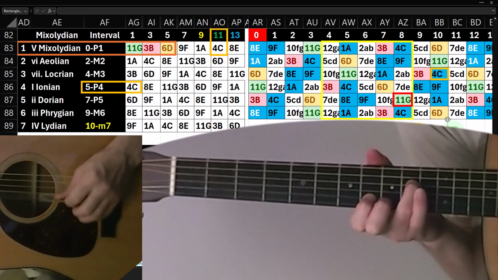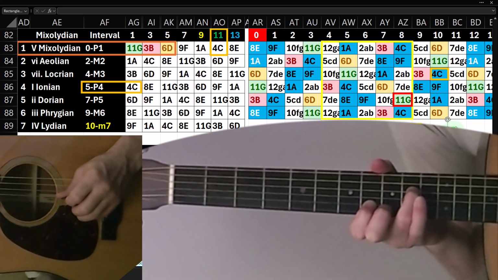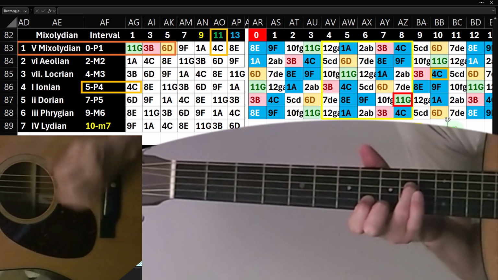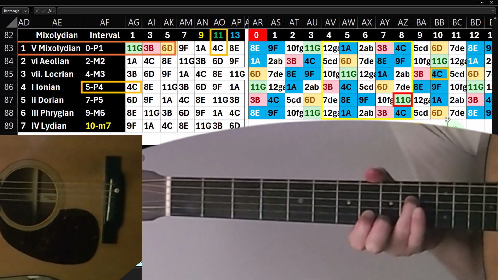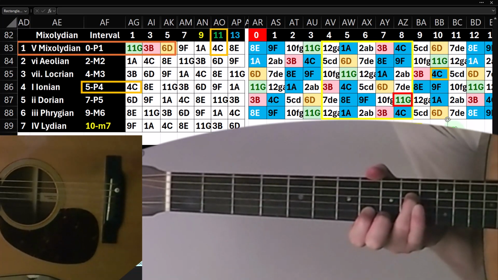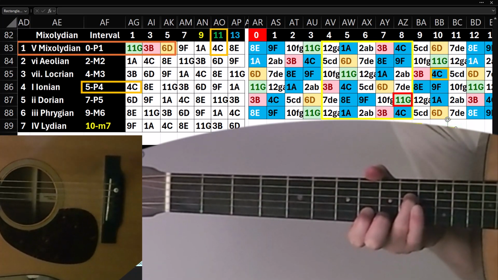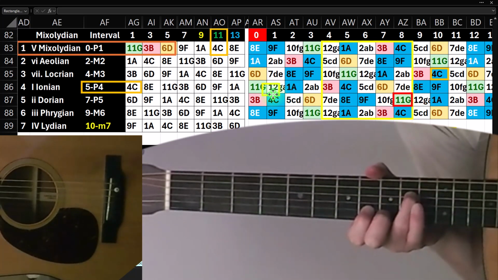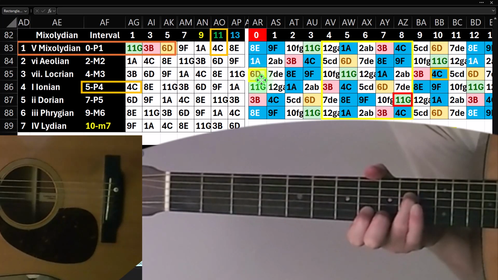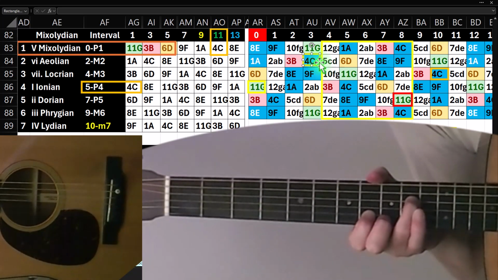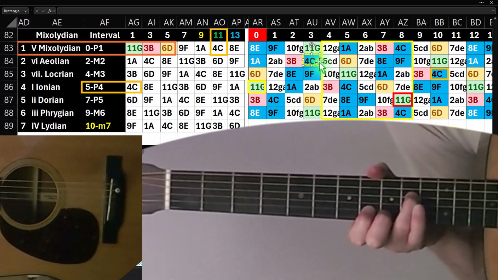So top to bottom would be a 7-note away, which would be a perfect fifth. Bottom to top, therefore, would be a 5-note away perfect fourth. So if I go up 2 strings, the 5-note away perfect fourth will be 2 frets forward unless I cross the fault line. I wouldn't cross the fault line if I was on either the G or the D string. So if I was on this G string and I went up 2 strings, it would be here. So the rule is, if I go up 2 strings, the 5-note away perfect fourth, which could also be called the 5-note away perfect 11th,